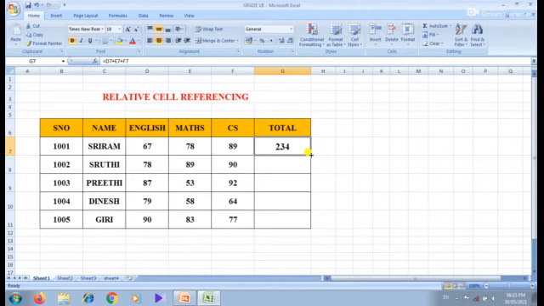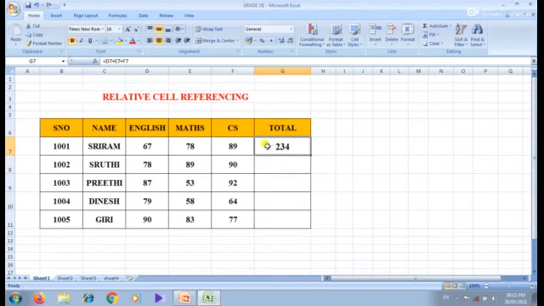When you keep the mouse in the bottom right corner of this cell, which I have selected, the plus symbol appears. This is the autofill handle. After that, you have to drag the mouse down the column, and you will get the total marks of 3 subjects for each student. Did you understand, student?